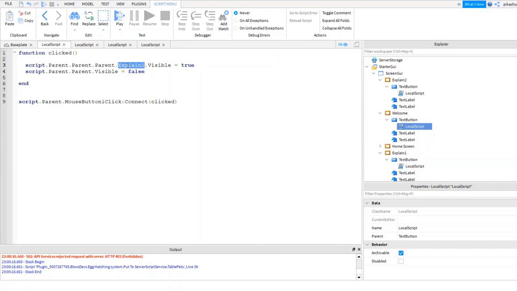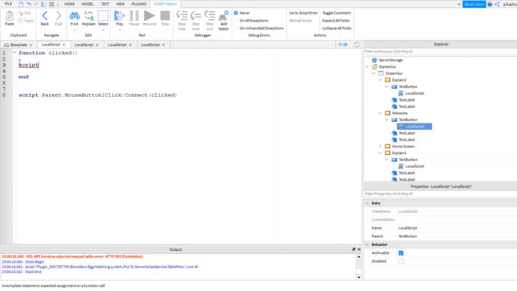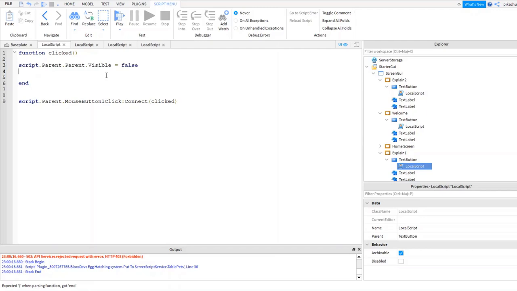Here we're going to change explain one to explain one to false. Actually, we're going to get rid of that. We're going to say script.parent.visible equals false.